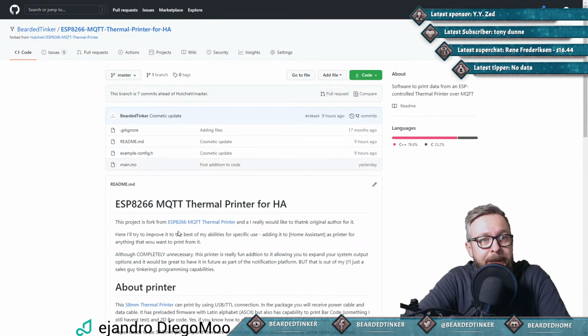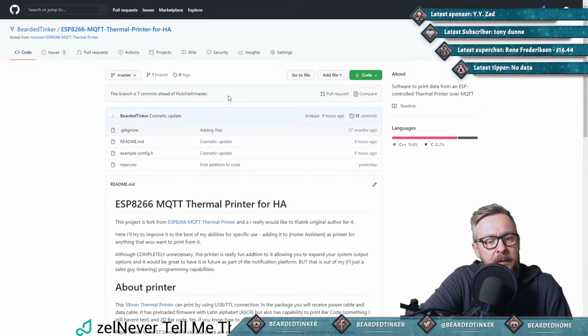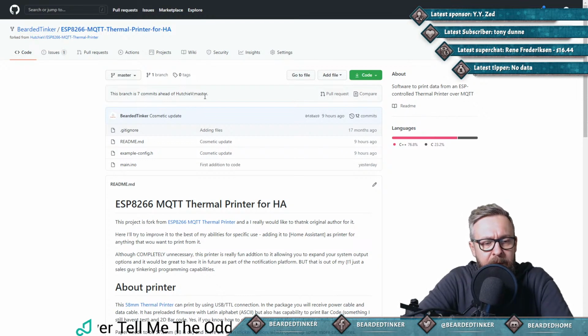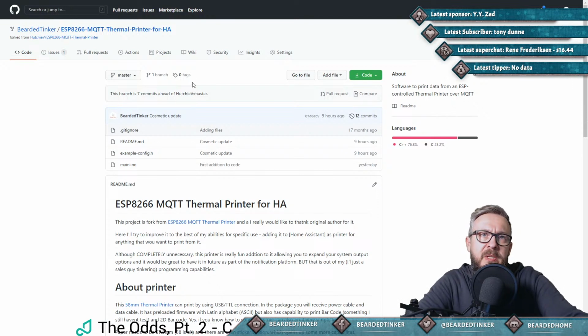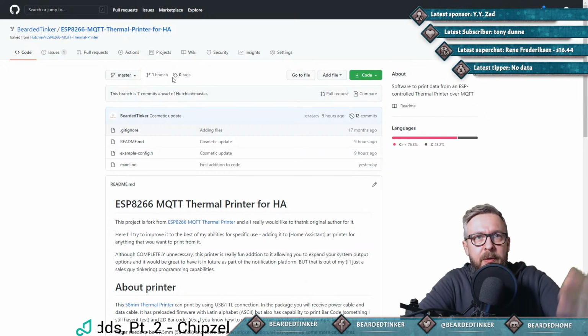So I started working on one project. I've seen a post somewhere on the community forum, and a guy created something called Morning News. It's a thermal printer with a Raspberry Pi Zero W, and he embedded it in a box. He embedded a printer and a Raspberry Pi, and made it in such a way that you would get switches and status inside Home Assistant, and every morning it would get the RSS feed and pull the news from that feed,